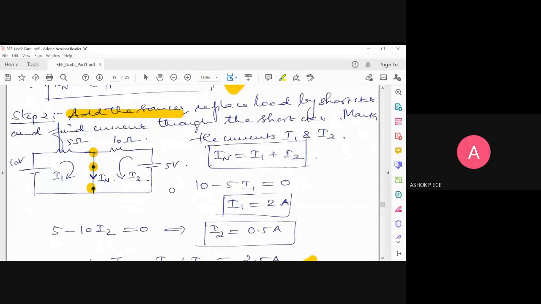Okay, and what is IN? IN is equal to I1 plus I2, which gives 2.5 amperes. Why I1 plus I2? Why should it not be I1 minus I2? So because